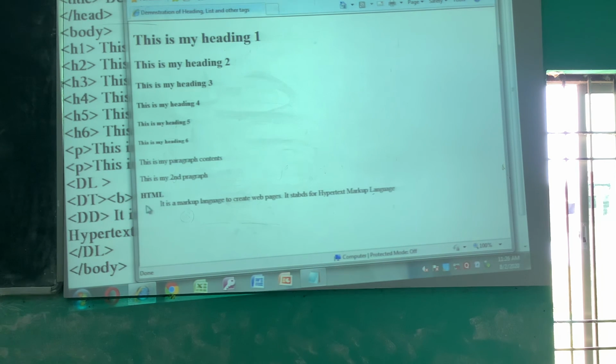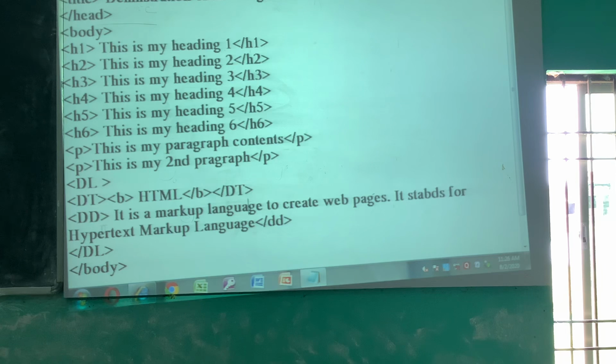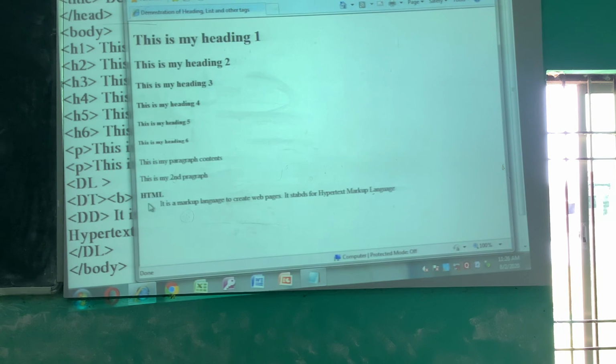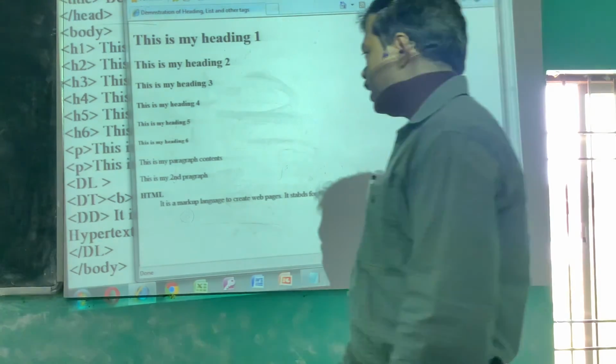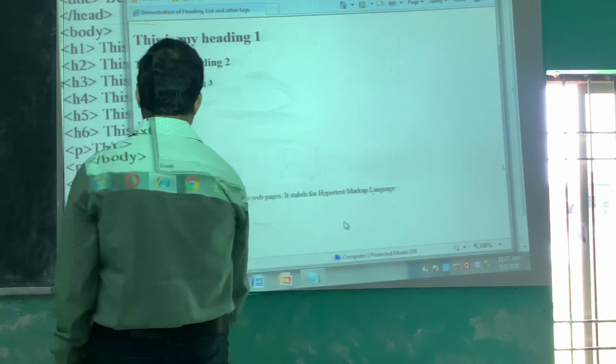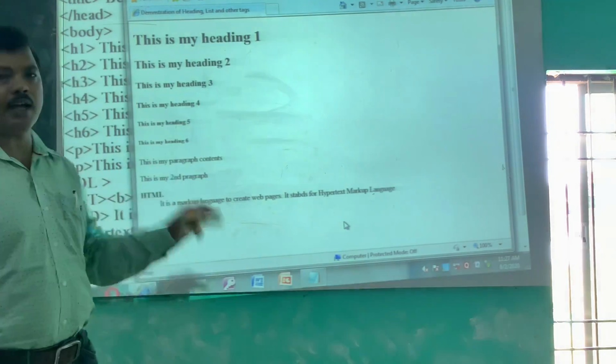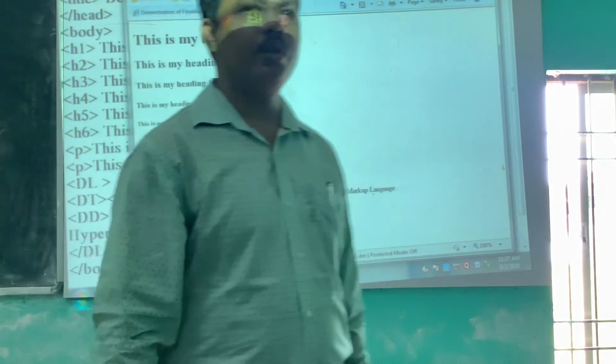Automatically the indentations are here. We are not using any tag to indent the definitions, but in the output window, this is the term and this is its definition. Okay, so these 3 tags, DL, DT and DD, are used to